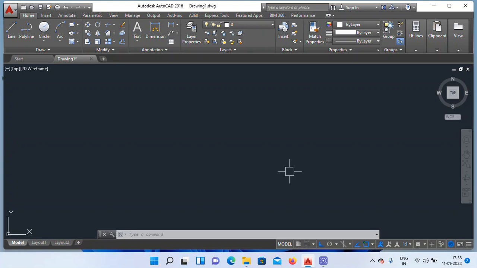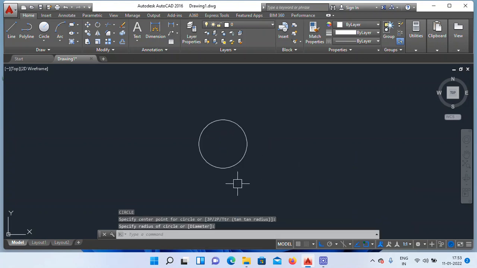As you see here, now I am drawing one circle, right? I want to move this circle towards the right side, temporarily, not permanently. With the pan command, we move, we slide this.